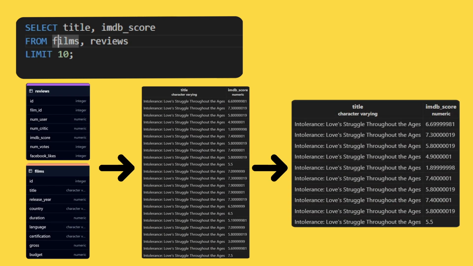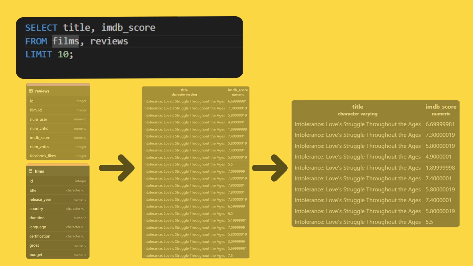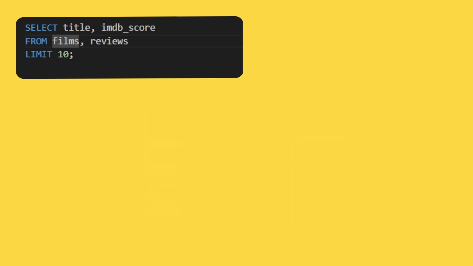Notice how the title column shows one title for every IMDb score. Now that can't be right. This happens because the from statement will pair every row from films table to every row of the reviews table. If I remove the limit statement, the result set will have 24 million rows, compared to about 4,000 in the